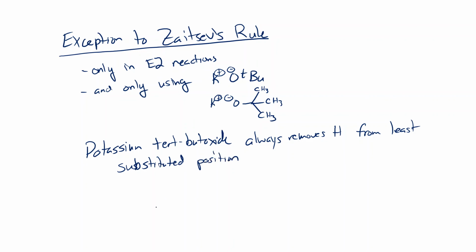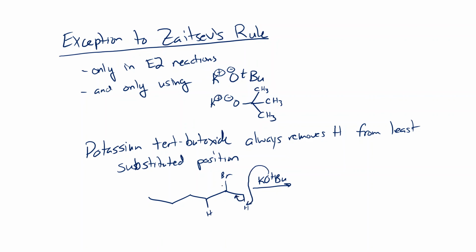So going back to our previous example, if we had this compound here and we took it and used potassium tert butoxide, right? You would immediately recognize potassium tert butoxide as the exception to Zaitsev's rule, and you would take the hydrogen from the